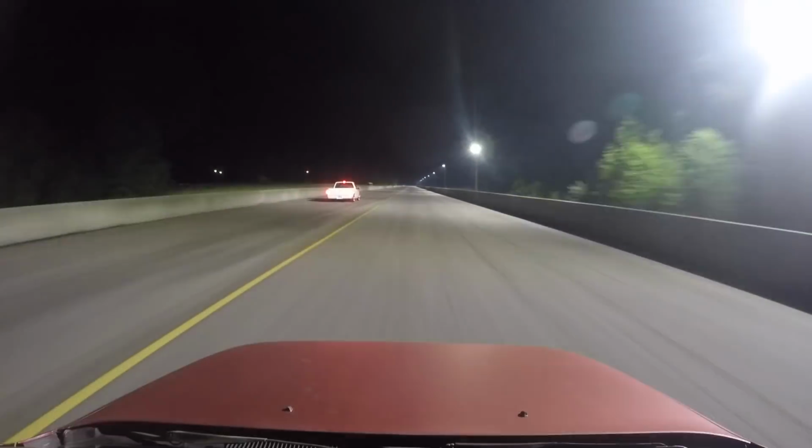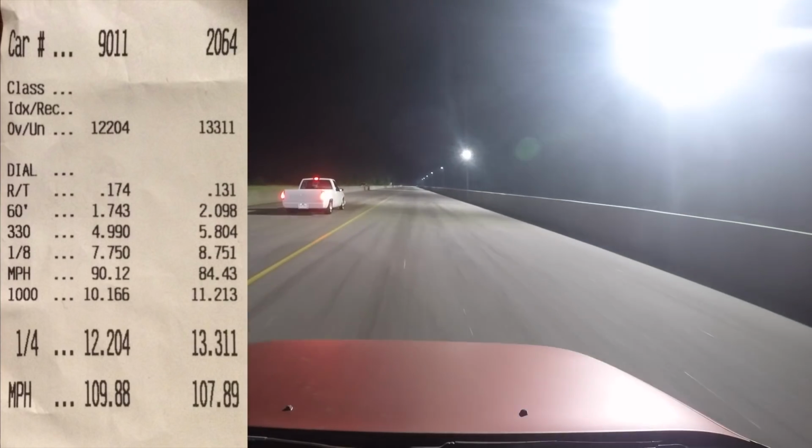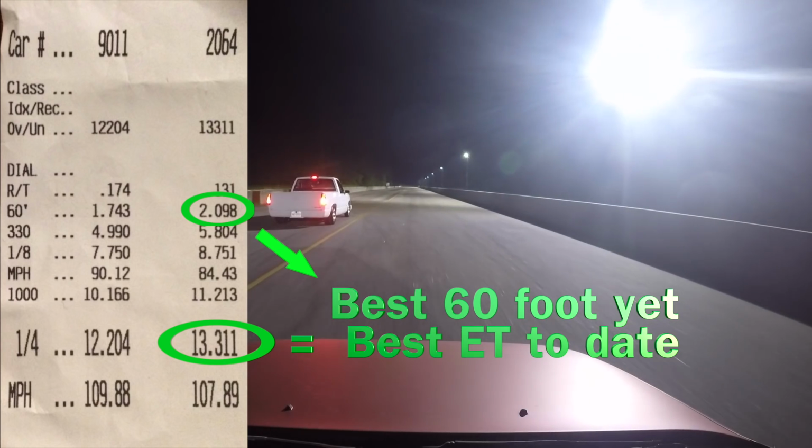It's crazy. I can't believe this is a front wheel drive car. I bogged it again, but at least I came out with a 2.0 60 foot. Look at that. Let's play with these numbers a little bit because these last 2 runs are perfect for this